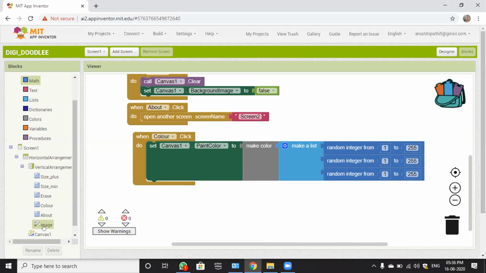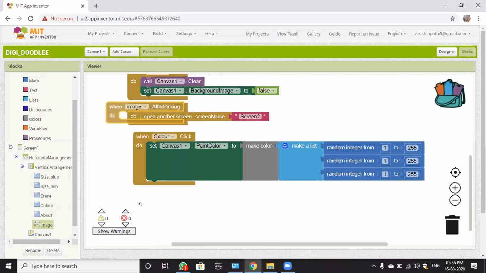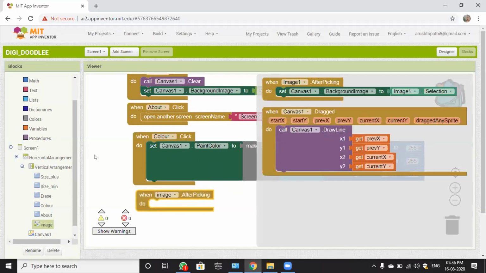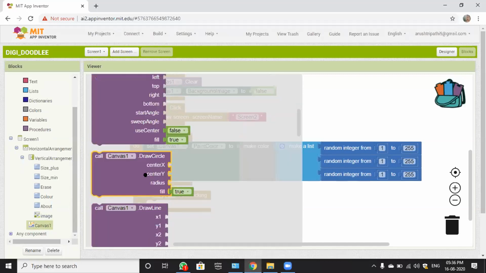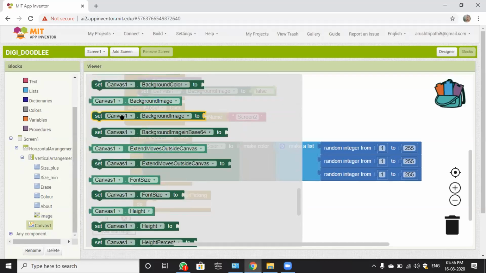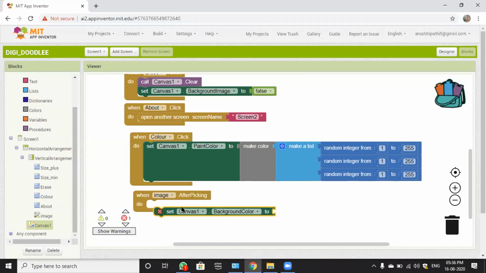We are having less time, so you have to click on when image one dot after picking. When image one dot after picking, you have to go to canvas and take set canvas one background color 2. You have to attach it here. Or it will be background image.